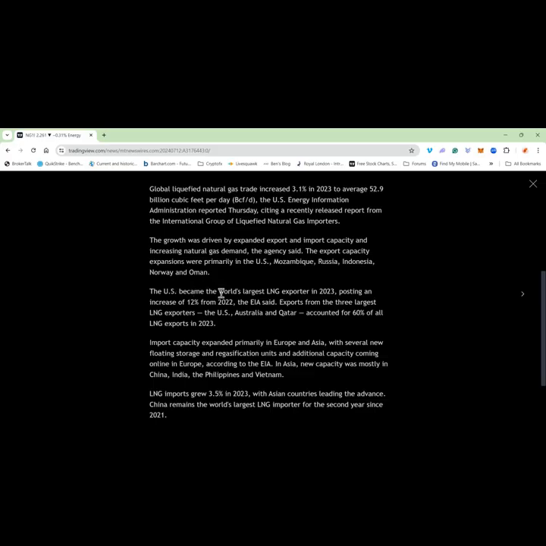This is important. The US became the world's largest liquefied natural gas exporter last year. So this is taking it from Qatar and Australia. So these are the three most important economies in natural gas. So I know now anything that happens to a US, Australian, or Qatari natural gas plant is going to send the price higher because it accounts for a huge amount of liquid natural gas for the world.